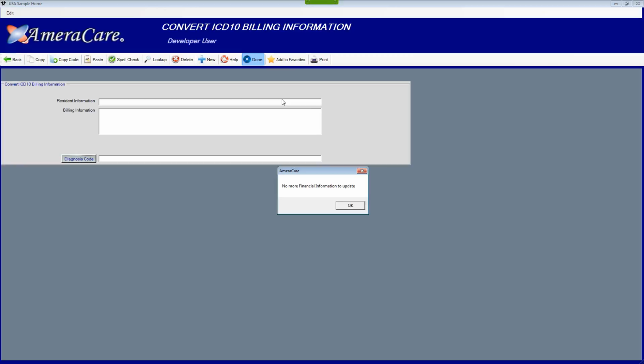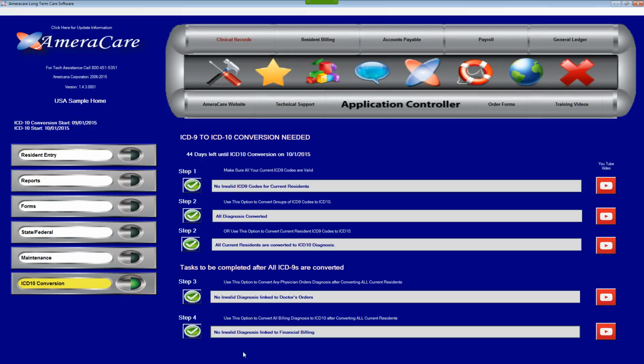And as you can see, no more financial information to update. Press OK, and it will bring you back to the screen. As you can see, step 4 has been checked off, and you have finished the ICD9 to ICD10 conversion completely, and that is